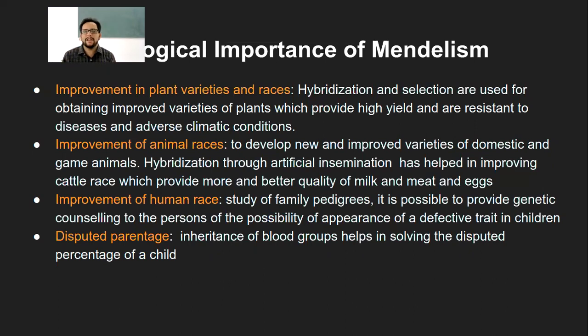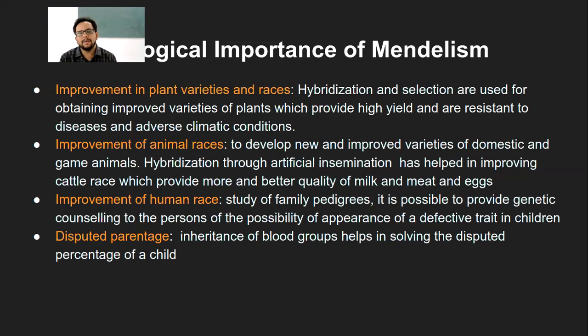Obviously, these experiments are repeated for several generations just to get that pure breed. You remember, in the case of Mendelian monohybrid cross, in the F2 generation you get homozygous dominant, homozygous recessive, and heterozygous, right? So what you want is homozygous dominant, provided all those dominant characters are good in terms of the animal. If you want that pure line, you have to keep allowing them to mate with each other so that you get that pure breed. So that is the type of improvement that is done in animal races.